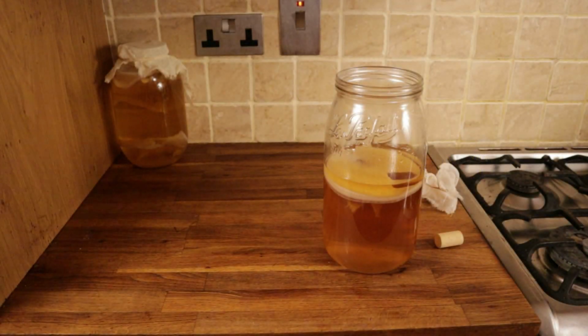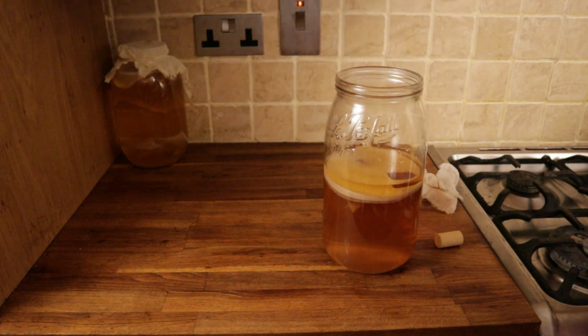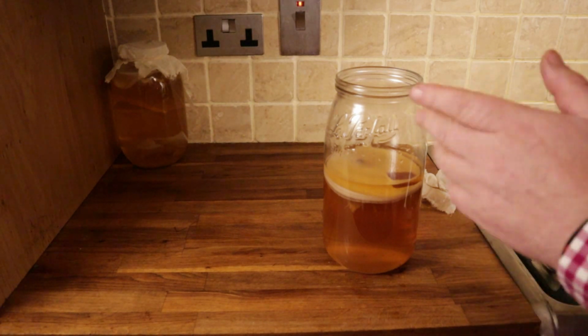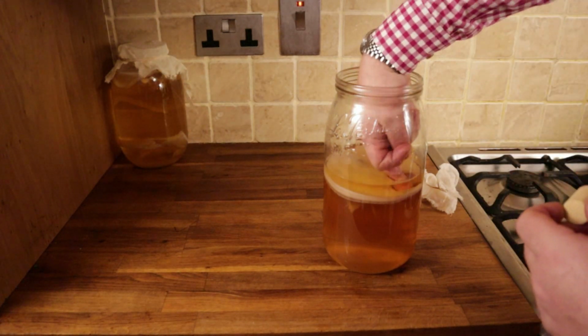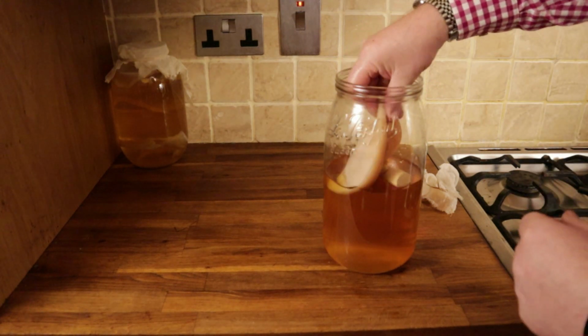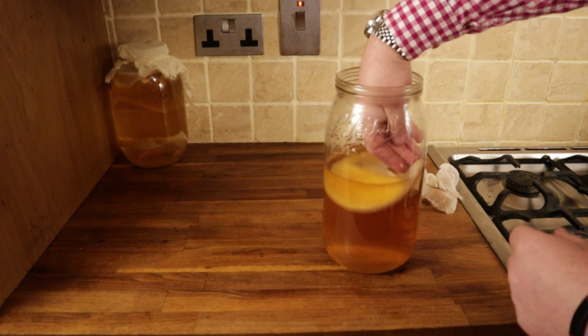With this white wine vinegar, it is being a little bit of a pain. The reason it's being a bit of a pain is the mother keeps wanting to sink on this culture. It's not an uncommon thing. So what I'm going to do, having washed my hands, is lift the mother out, float a cork in the middle, and settle the mother